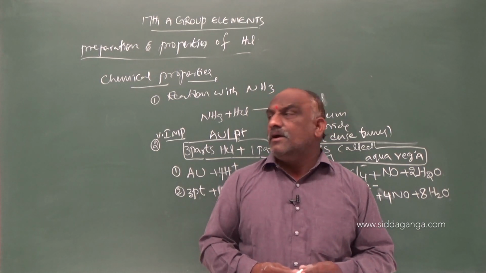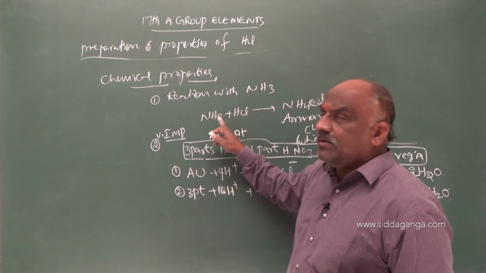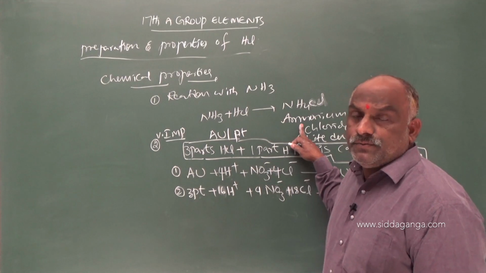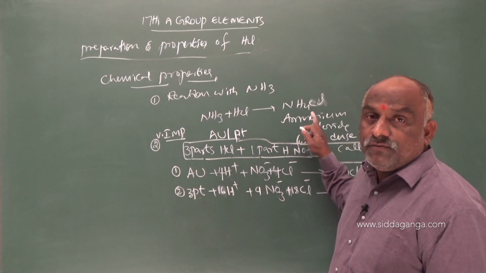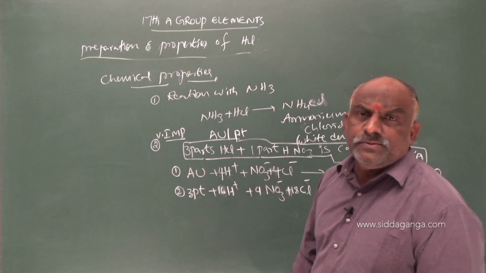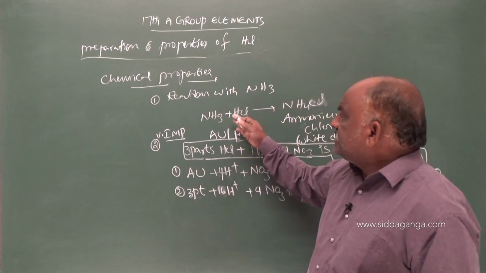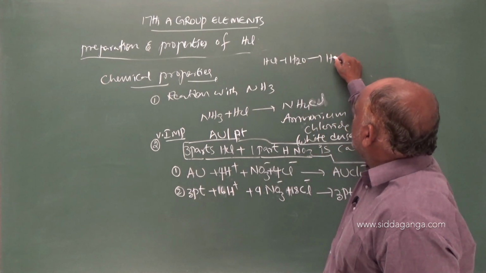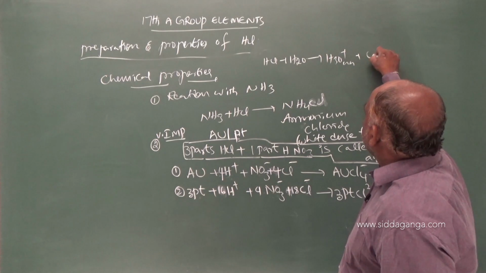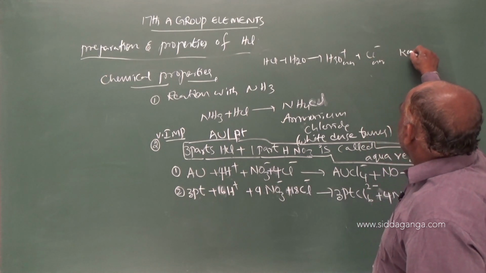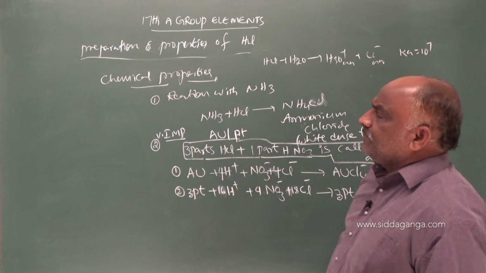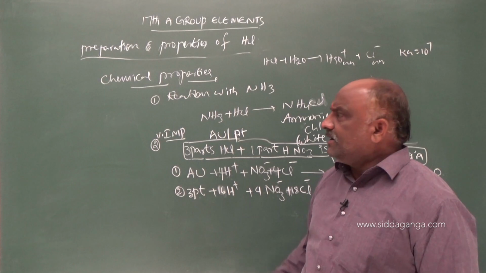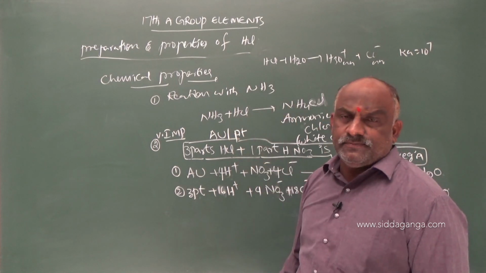Clear. Hydrogen chloride reacts with ammonia, giving ammonium chloride, white dense fumes. And some more simple reactions are there. Before this, hydrogen chloride dissolved in water gives H3O plus aqueous and Cl minus aqueous. Ka is equal to 10 power 7. These are the chemical properties of hydrochloric acid, and this hydrochloric acid is a strong acid.